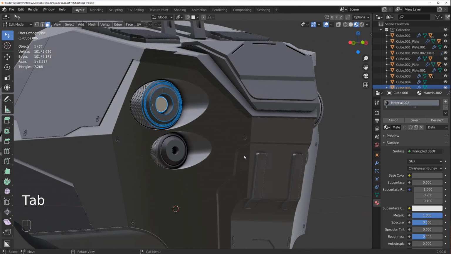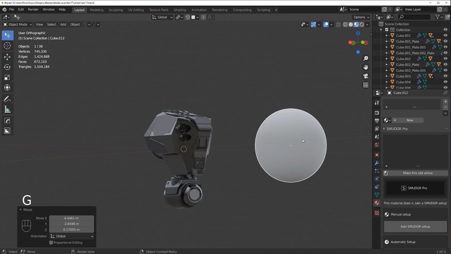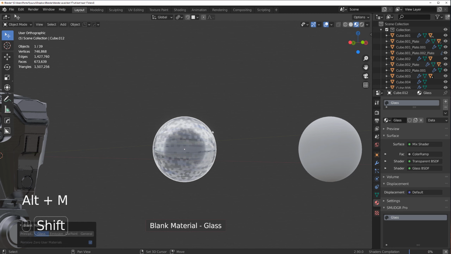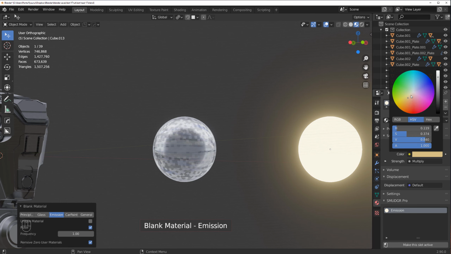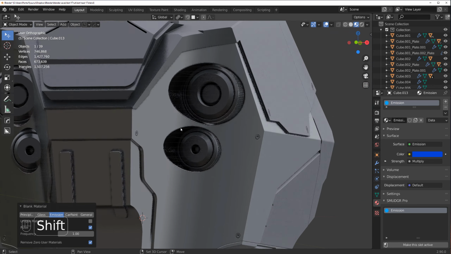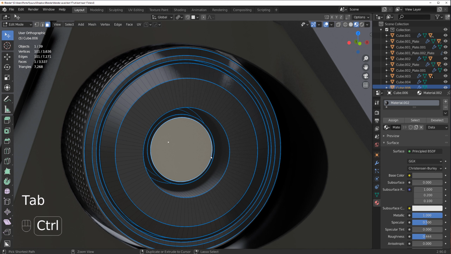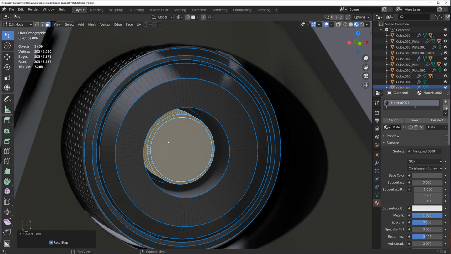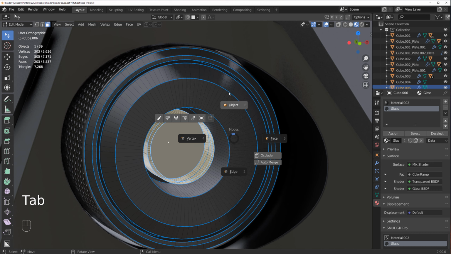Also, what we're gonna do is grab the quad sphere and make it smaller and duplicate it. And here we're going to add glass, and here we're going to add emission, right? And switch this bugger to blue. Now, let's grab this eye and change it to glass. So add material, glass, and then